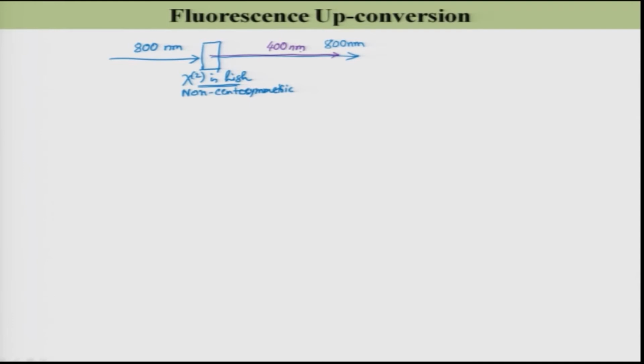nanometer, right. Simply, if you take not 800 but some other light, let us say 1100 nanometer, then your output will be 1100 nanometer as well as 550 nanometer. Okay. Now, if I do something else, if I take one light along this direction and